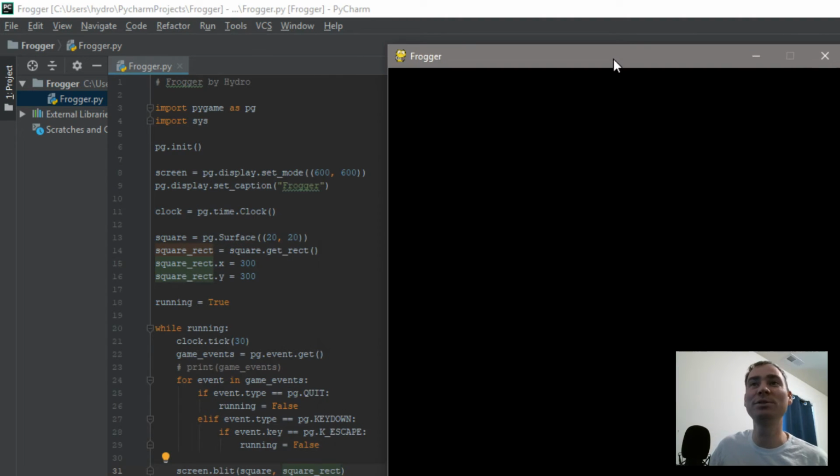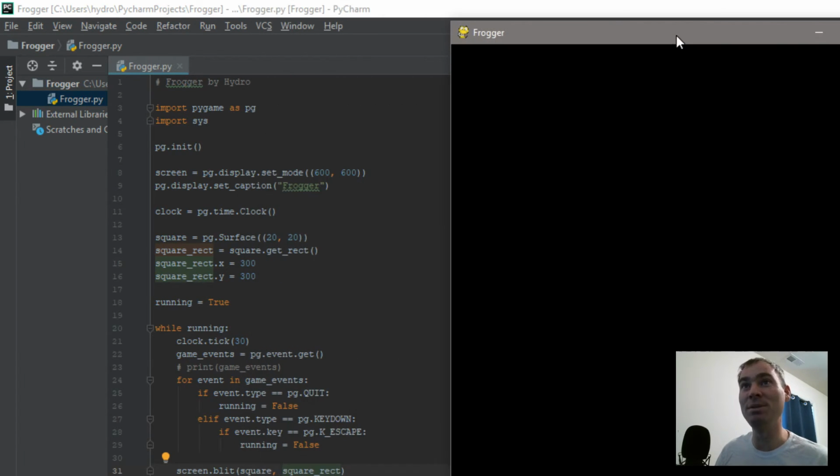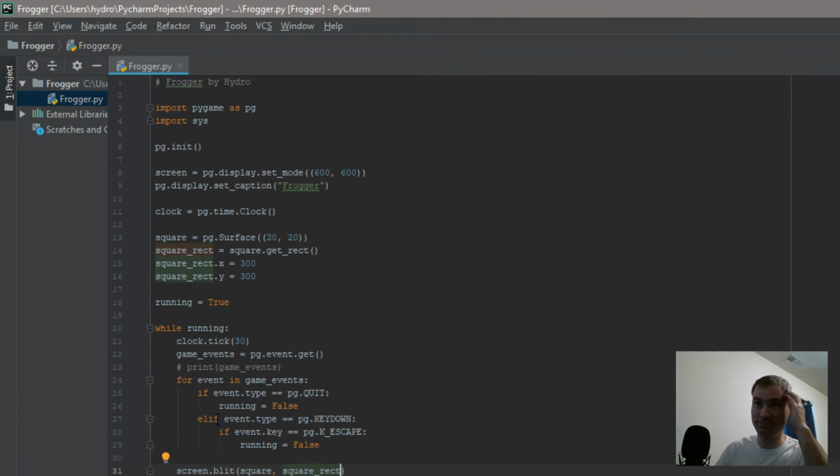And oh, still nothing. Any guesses why? I mean, we have a square. We said where we want it. Now why isn't it there? Well, there's two things actually. There is no color to my square, right? And two, well, we'll fix the color thing first, right? I am going to say down here in my loop,